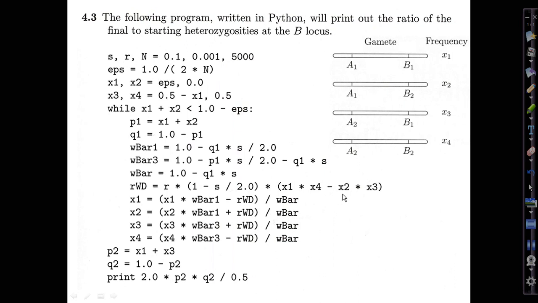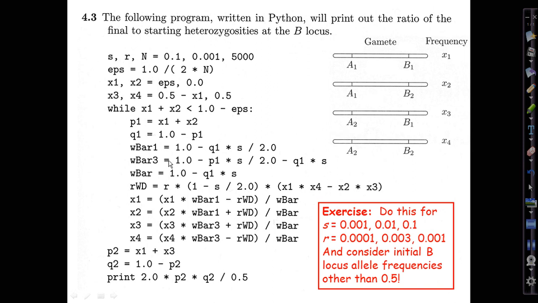You could play around with a simple little Python simulation that Gillespie puts in the book here at the end of chapter 4. I warmly invite you to work this up. For Python 3, you'll have to fix this print statement and possibly a few other things. It's just a deterministic simulation that lets you see the ending heterozygosity at the B locus for different initial conditions,